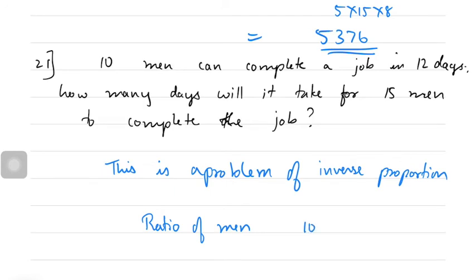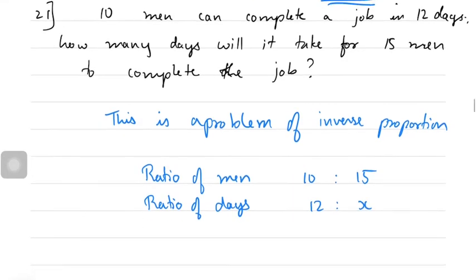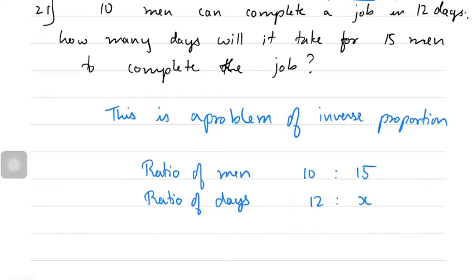Ratio of men is 10 is to 15 and ratio of days will be 12 is to X. So this is a question of inverse proportion. Therefore,